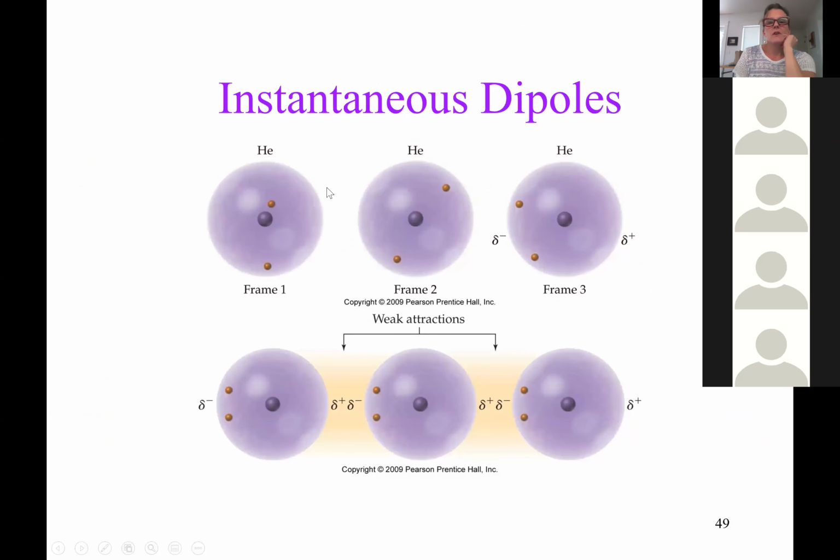So these are helium atoms, and they're showing the two electrons when they're non-interacting. The electrons move in whatever random way they do. But when they're close enough together, you get a synchronization in how they move, and this atom feels the motions of the electrons. There's no full charge like in the ion pair. There's no partial charge that's permanent.